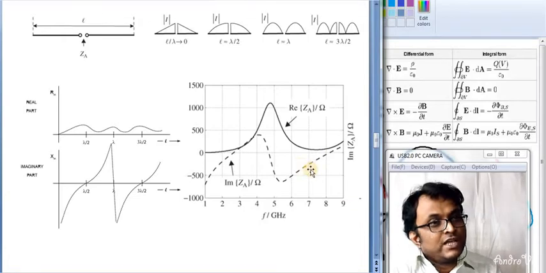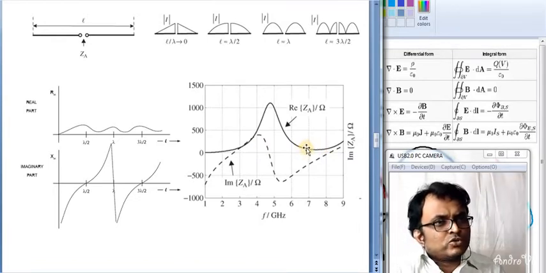In that case I have to add some loading, or parasitic loading, to the antenna, so that some extra inductive loading is given to adjust this negative value, that is the capacitive effect, so that it becomes a resonator. Because at resonance the imaginary part should be 0, and the corresponding real part of the impedance should be within about 75 ohms, which is almost acceptable. So to match